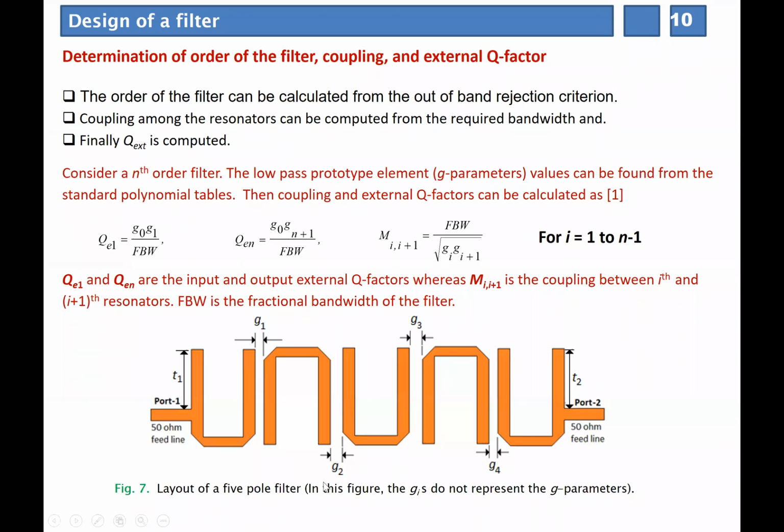That means if you calculate these coupling values with G and external quality factor with T, and you implement the filter, there will be some response which is not exactly the 5-pole filter. There may be some variation of coupling, because during that computation or simulation, you may get some error, or there might be some other inaccuracies. So after this layout, we have to retune it to get a proper filtering response.